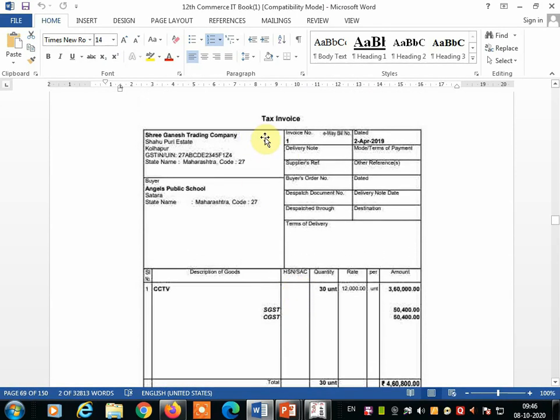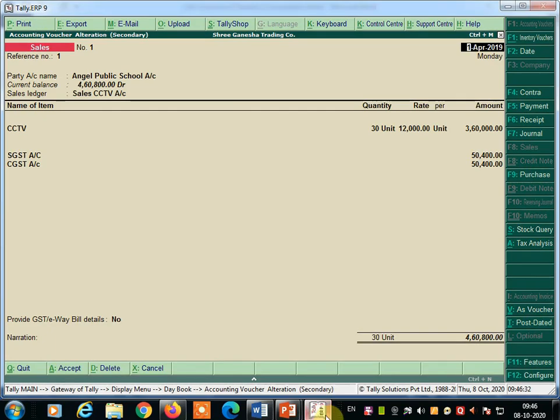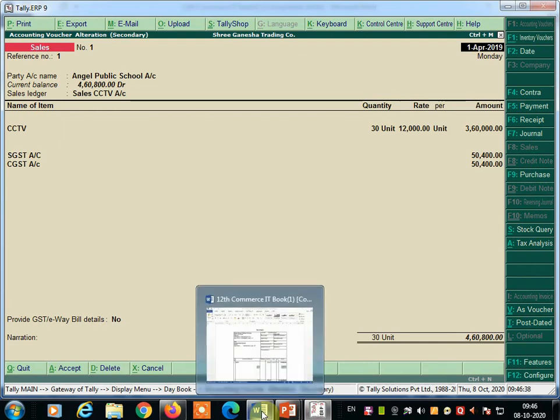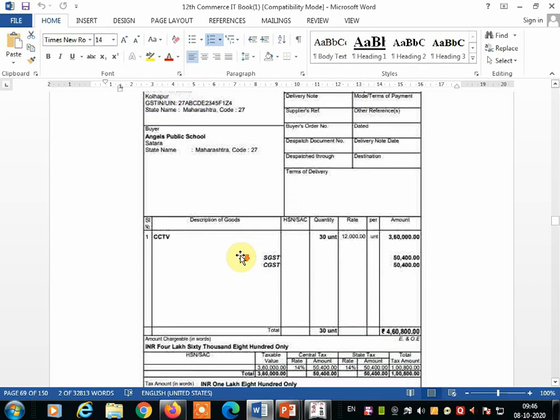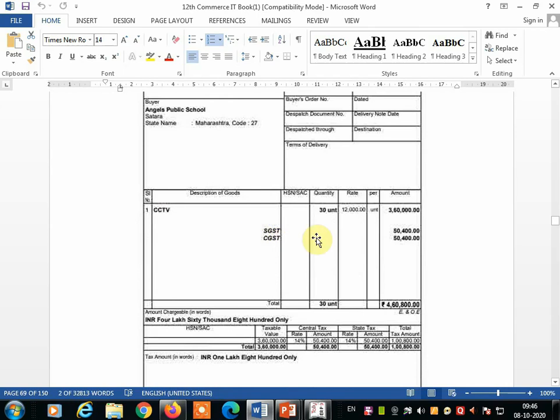This tax invoice you will get, look here, 4,60,800. Now we also calculated the same, 4,60,800. Once you have taken the printout, you will get a tax invoice like this. Sri Ganesha Trading Company, Shahpuri Estate, Kolhapur, GST number, everything will be filled here, and the date and the item. SGST calculated 50,400.